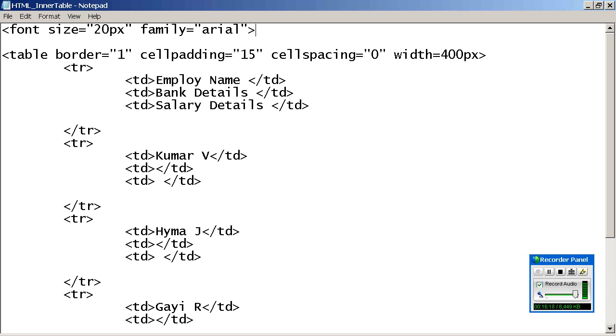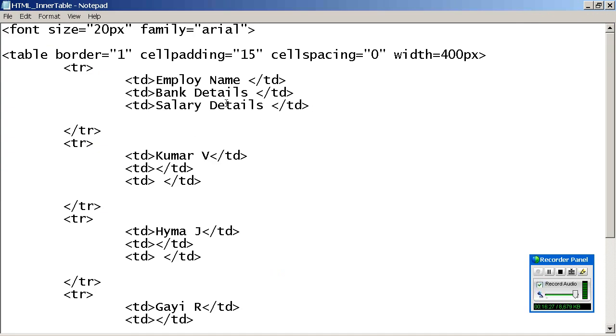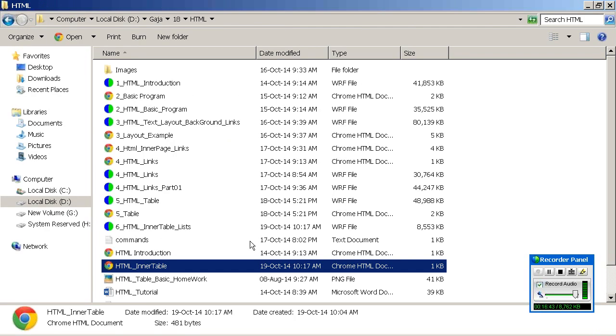Instead of family, you can use face. Color as well. What is the black color? 000. Even you can go for 333 or 444, which is a shade of black.